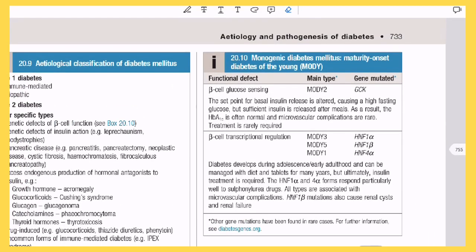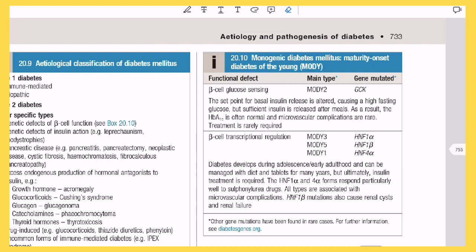There is another diabetes, maturity onset diabetes mellitus of the young. In young patients, sometimes we get diabetes, high blood sugar, but they don't need insulin at the time of the diagnosis like type 1, because they have monogenic diabetes. This diabetes runs in a family. They respond very well to oral treatment. Sometimes they don't require any treatment,